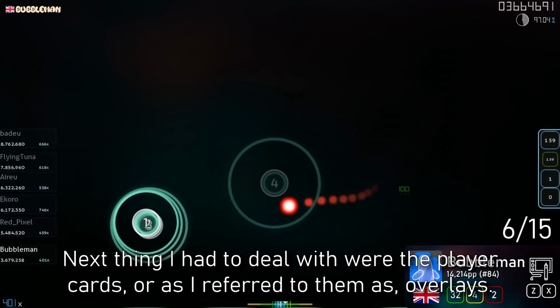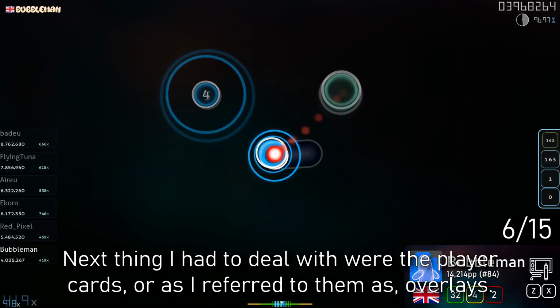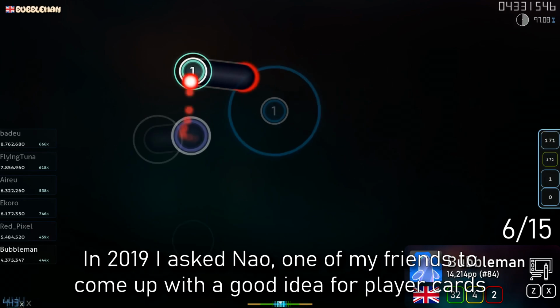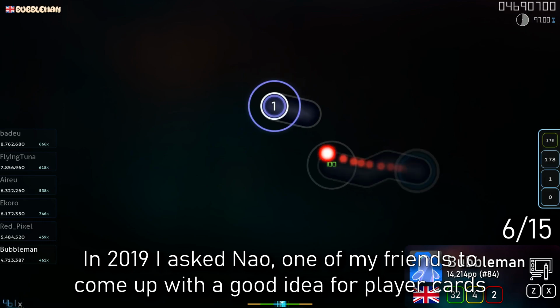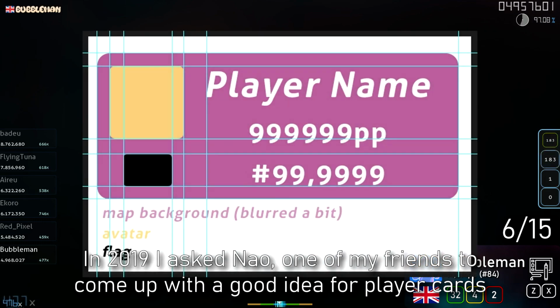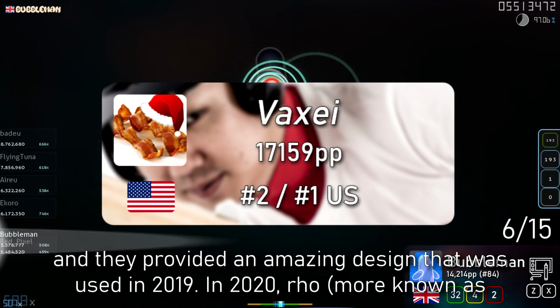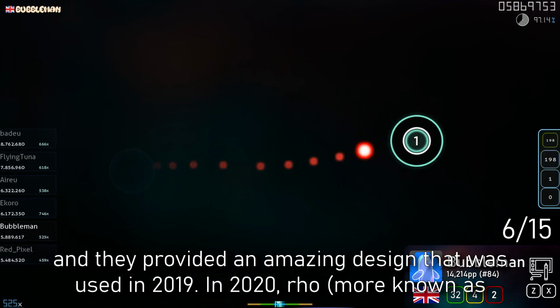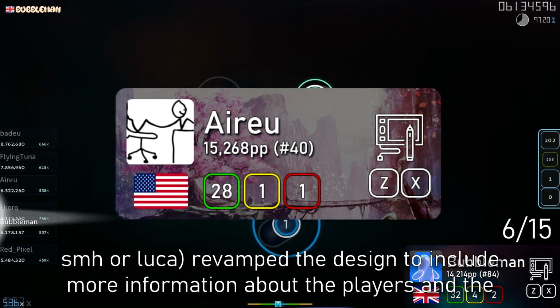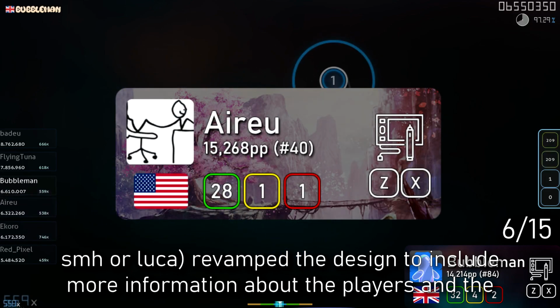Next thing I had to deal with were the player cards, or as I refer to them, overlays. In 2019 I asked Now, one of my friends, to come up with a good idea for player cards, and they provided an amazing design that was used in 2019. In 2020, Ro, more known as SMH or Luca, revamped the design to include more information about the players and